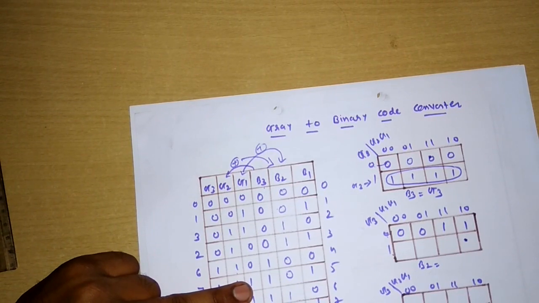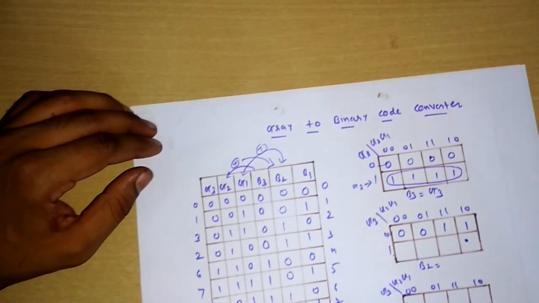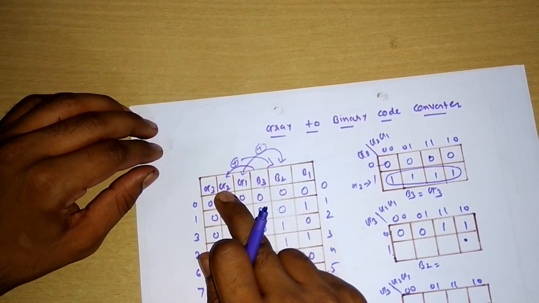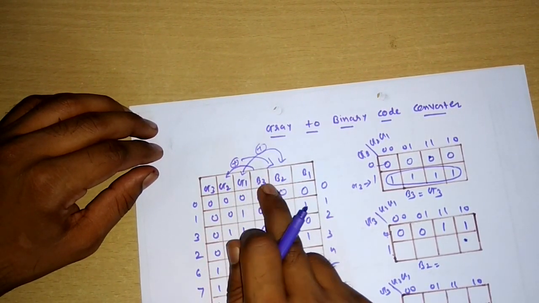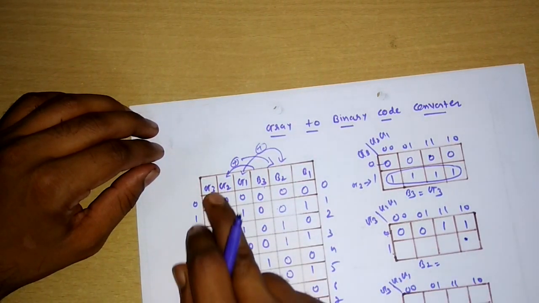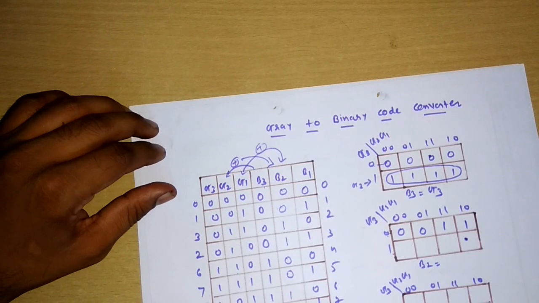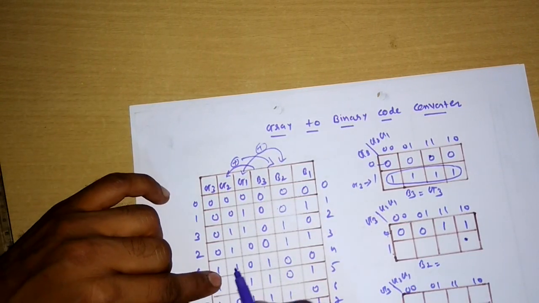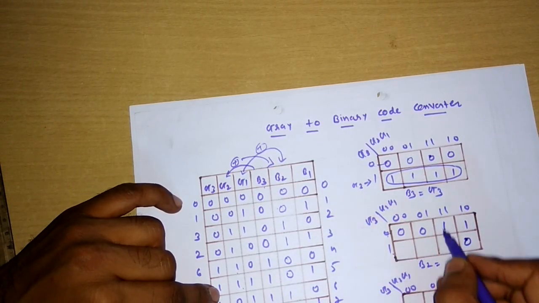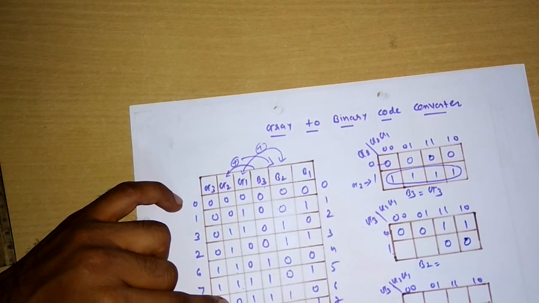Now let us see the logic of B2. What was the logic of B2? The logic of B2 was nothing but the XORing of the next input and the previous output, G2 XOR B3. So we have to get output here as G3 XOR with B3. So for 6, 1 1 0, what is the output? It is 0 here. Then 1 1 1, again 0, and for the next two it is 1.